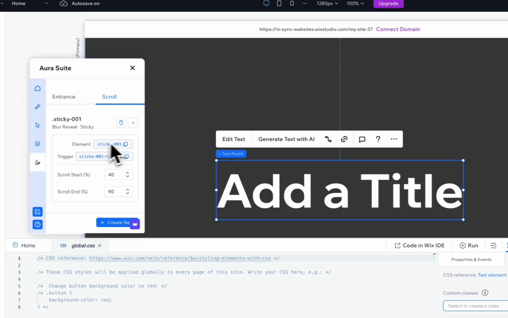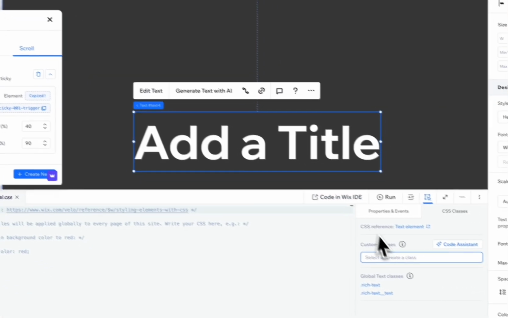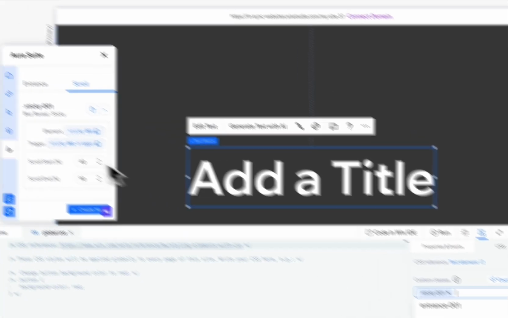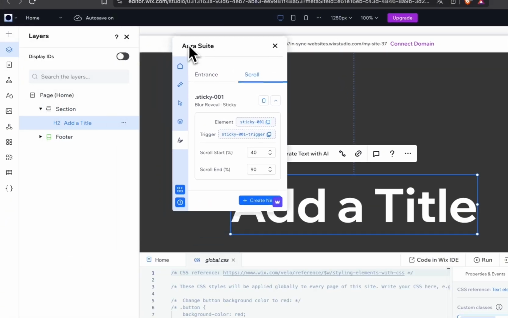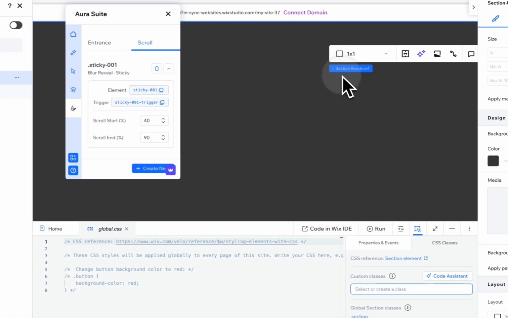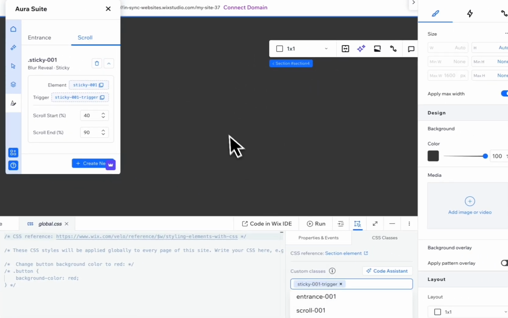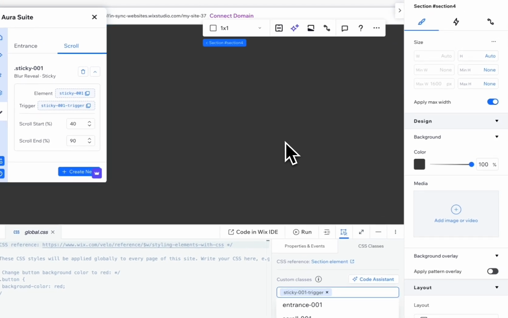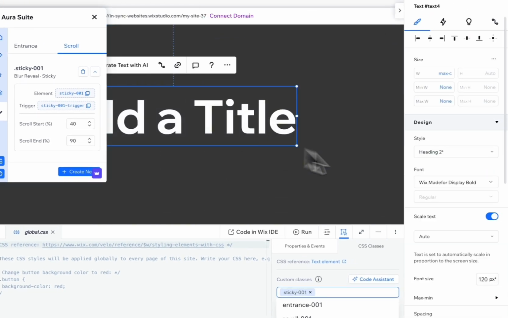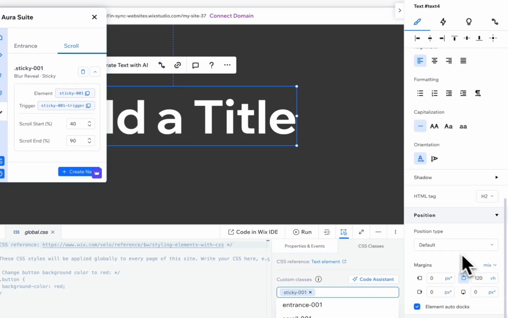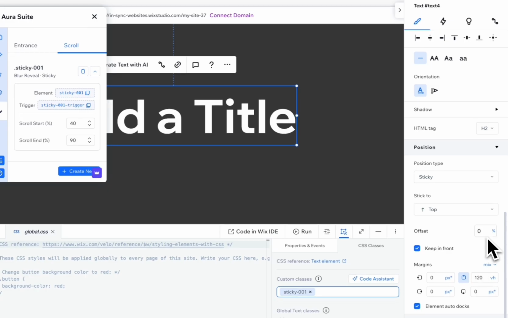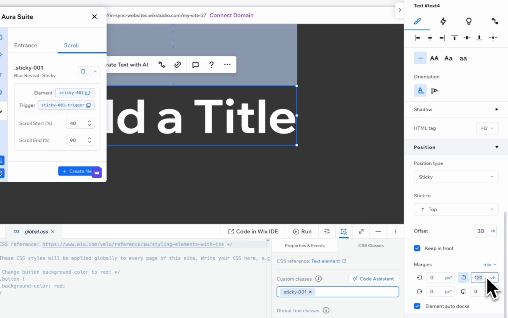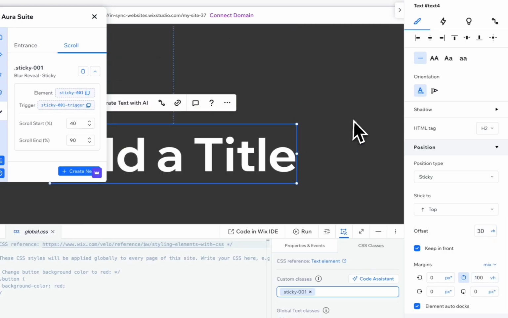So the first class, the sticky class, will again go onto the text element. The triggered element will be put on a scroll trigger. In this case we can just use the section itself, but you can also use a line, a container, or whatever, basically the element which is triggering the scroll. So let's not forget to use position sticky on the element again. Let's do 30 pivot height offset and margin to 100. Okay, now we publish again